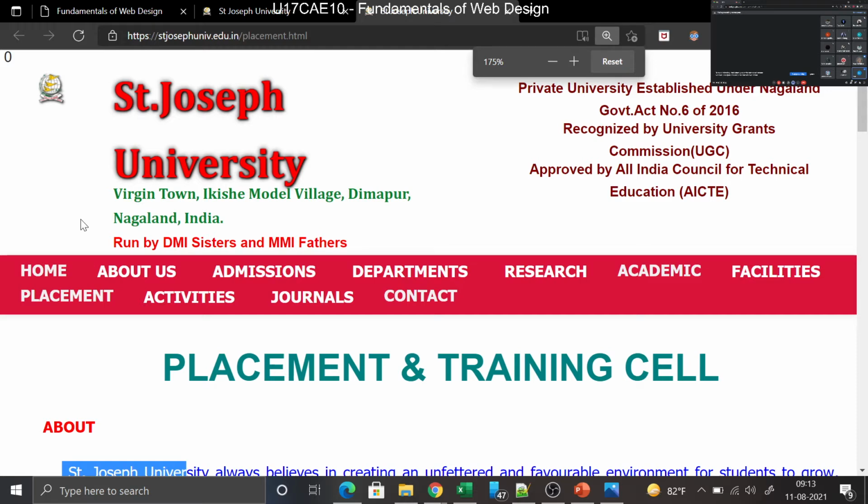Are you not able to see or don't know what this one is? What symbol is this? Anyone can tell? It's a hand symbol which is pointing out. Okay, right. So this is called a list. And what is the other one? What do you call this one here?